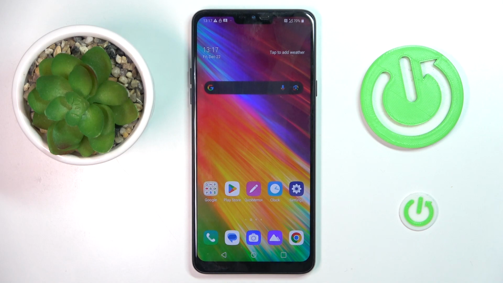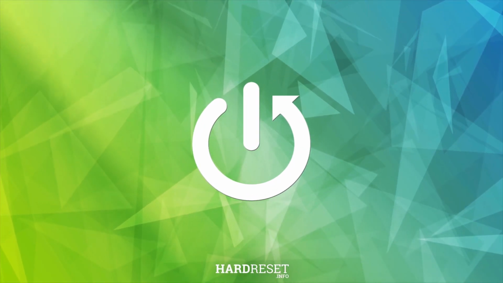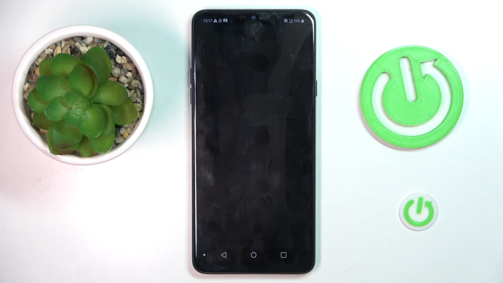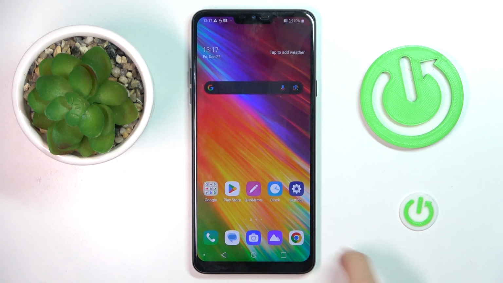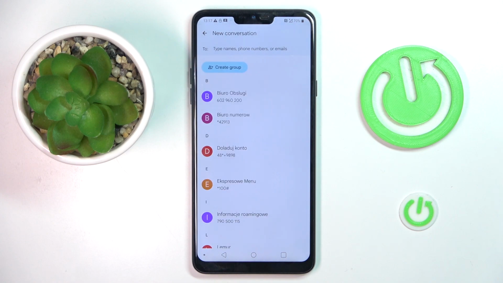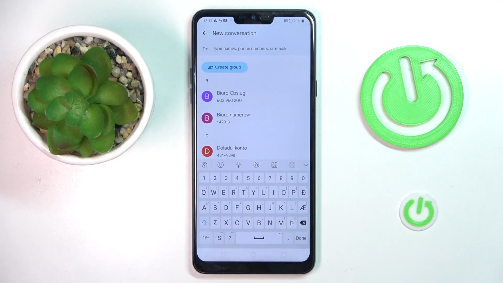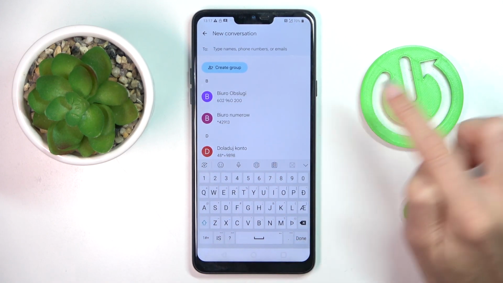Hello everyone, in front of me is LG G7 Fit, and let me show you how to change keyboard language. First of all, open new message, click on Start Chat, and here you've got your current keyboard. To change it, tap on Settings icon,